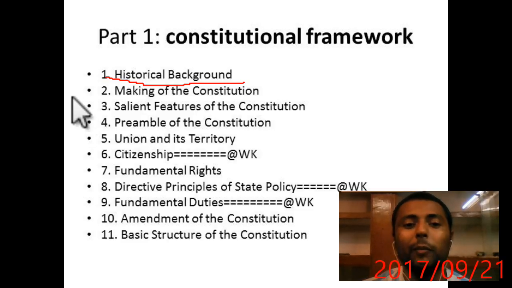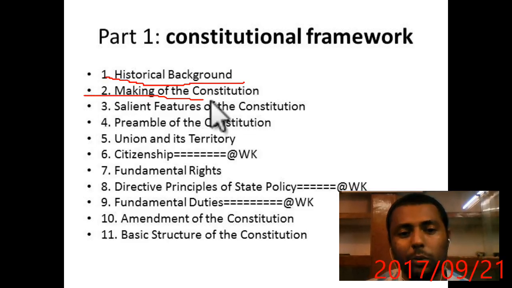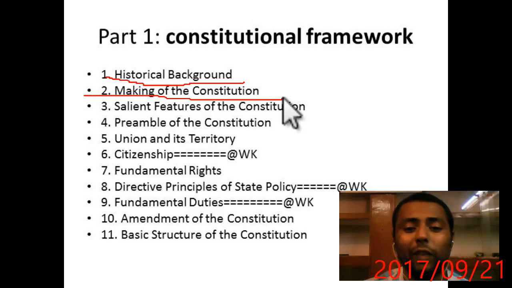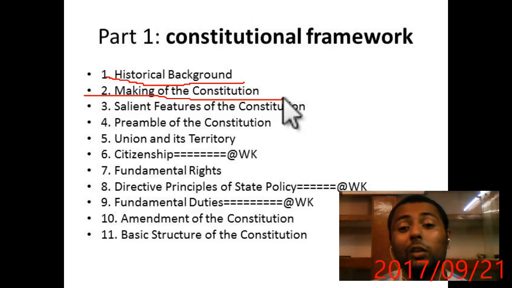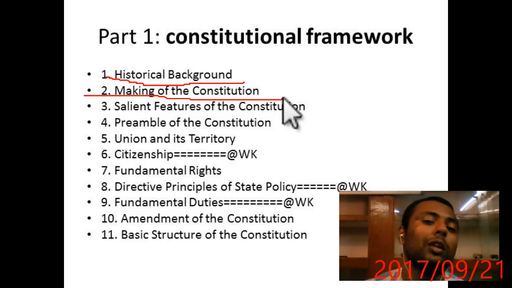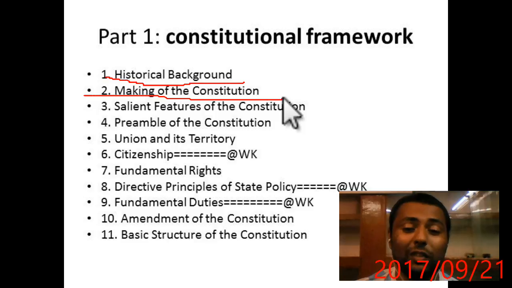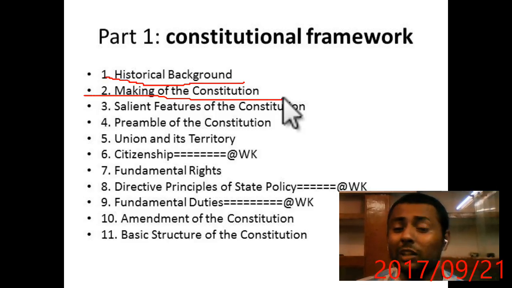Okay, Making of the Indian Constitution. Don't remember most of that. What you have to remember is who was the head of the flag committee, who was the head of the drafting committee, how many members were there in the Constituent Assembly, which member held the portfolio of what, when our national flag was adopted, and the first meeting of the Constituent Assembly, not more than that. Don't go into the details.